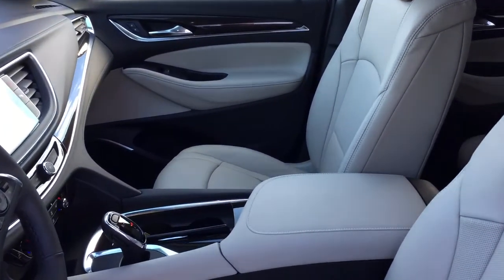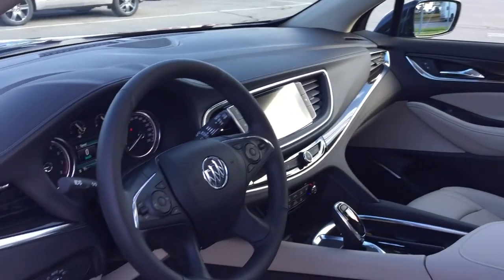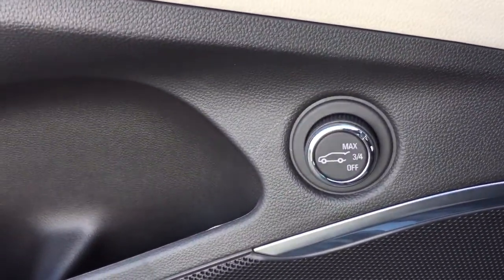All right, let's get our first look inside the new 2018 Buick Enclave. All leather upholstery, perforated leather seating, 8-way driver adjustable seat with lumbar support. We're going to see everything that's in this vehicle, what's changed, what's new, where everything is located. We're going to start over here on the left, work our way inwards. You got the interior liftgate release,